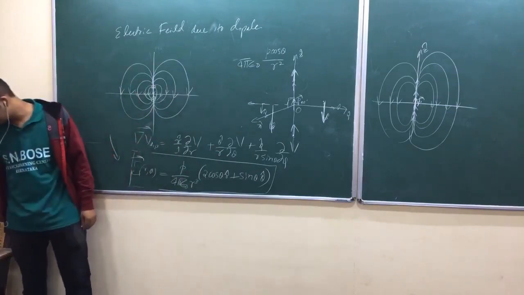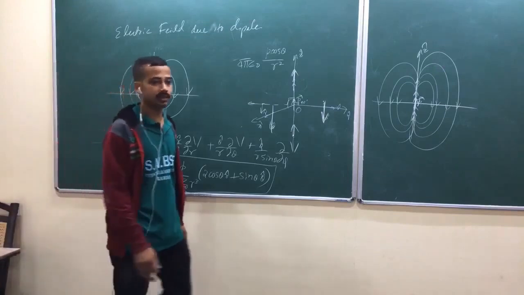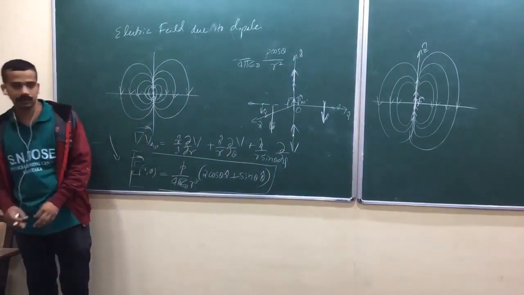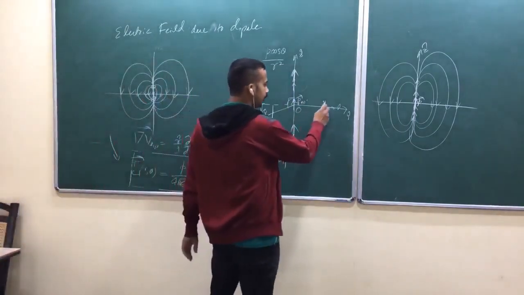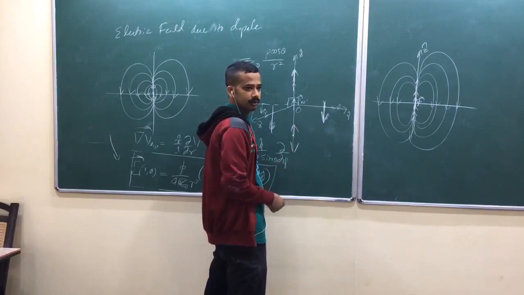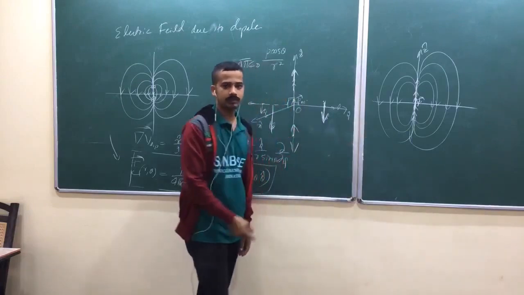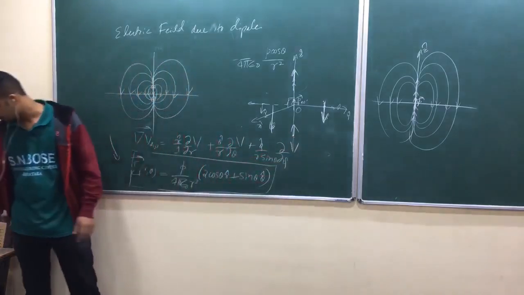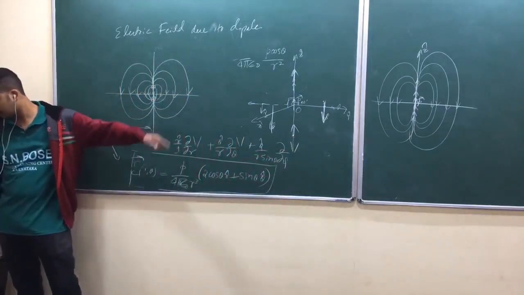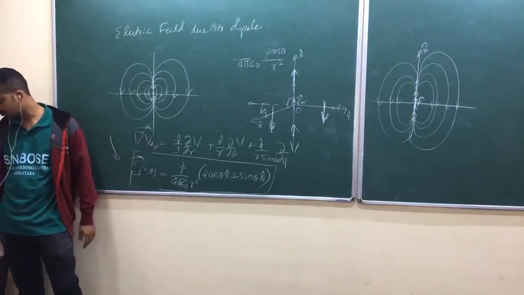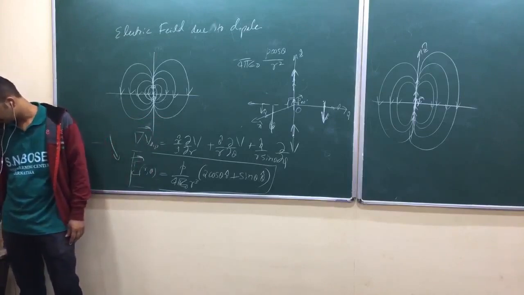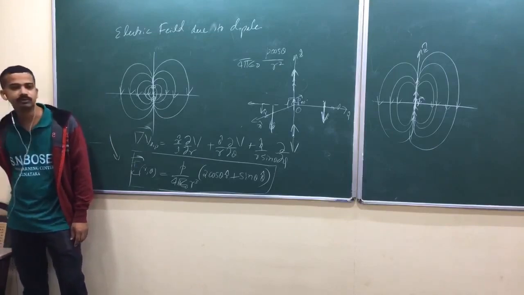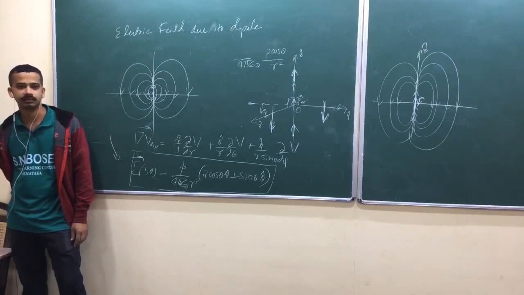Now do problem number 3.33. Let me do it in the next class. Okay? If you got any mistake, if you got any problem, let me do that one. Again, the only thing is I think he might have placed one charge here. What is the force on this one? You have to find the electric field, multiply by charge, you get force. Force on the charge at this point, like that. So just do that one. What is the force on charge q placed on x-axis? Force on charge q placed on z-axis. How much work does it take to move charge q from x-axis to z-axis? How do you find that work?